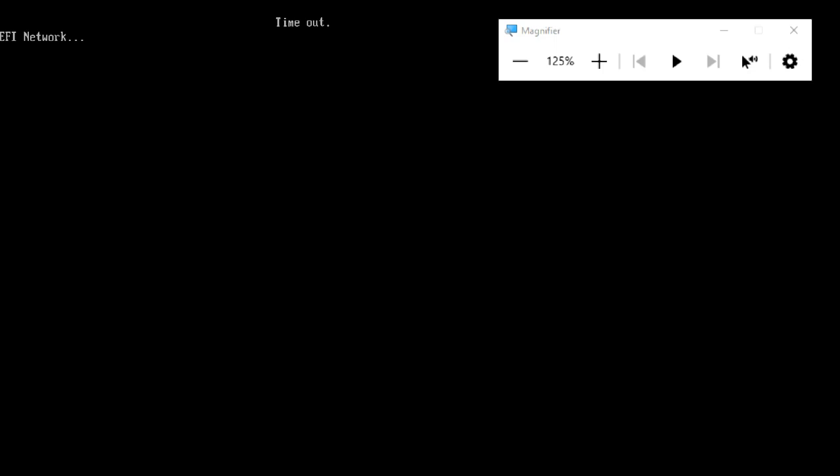It is showing the timeout and EFI network searching from the internet. Once you wait and you don't know what to do, meanwhile a blue screen also came, right? So I'm waiting for that one, because all the other steps are normal steps only. The first step is very important to start the installation of the operating system.